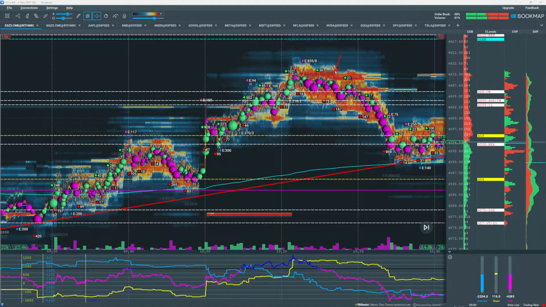This dark shaded area indicates there were a lot of limit sell orders, a lot of buy orders just below. But again, also aggressive sellers, also large traders starting to sell with iceberg orders. That's shown by this on-chart indicator as well as the sub-chart indicator.